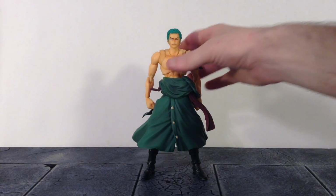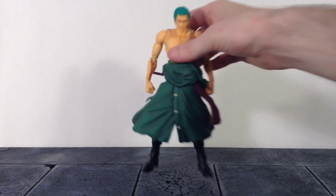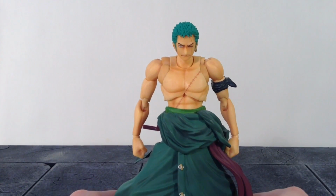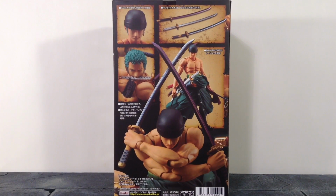Alrighty, so taking a closer detailed look at the three-sided style figure, and then the back of it shows a bunch of different poses. You can get the figure into